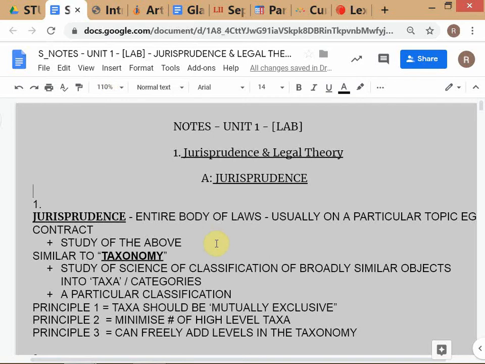Alright, okay, so what we are going to do is go through a bunch of concepts initially, before we get into the cases, the actual judgments that we are going to study once we get into the particular modules like contract law, company law, etc. And your job is to essentially understand these concepts. So my role really as a teacher is not so much to make it interesting to you, because you need to be interested in this stuff, but really to explain the concept to you. So if you don't understand a concept, I'm happy to explain it 14 times. And your role is to basically pay attention in the class, so that you understand what is being said.